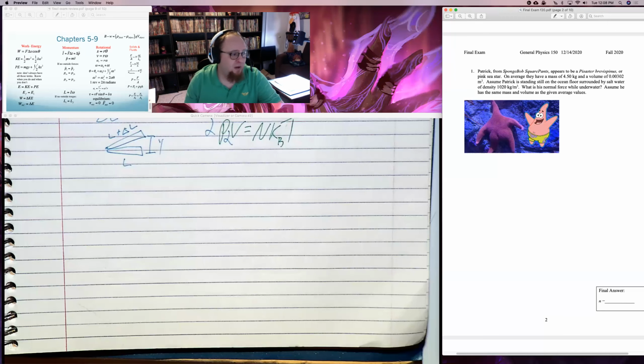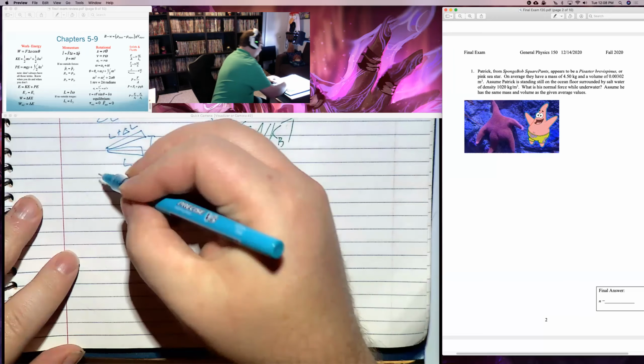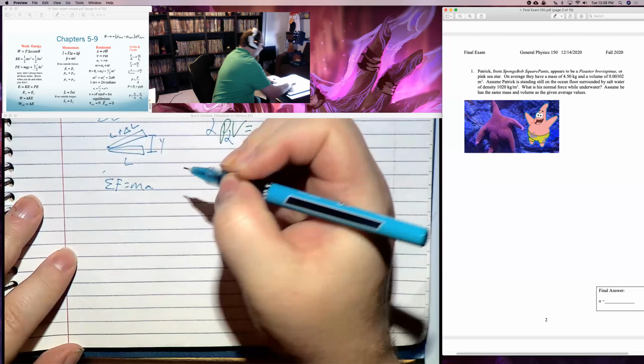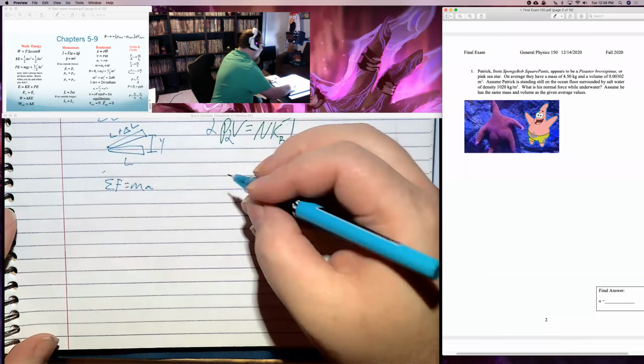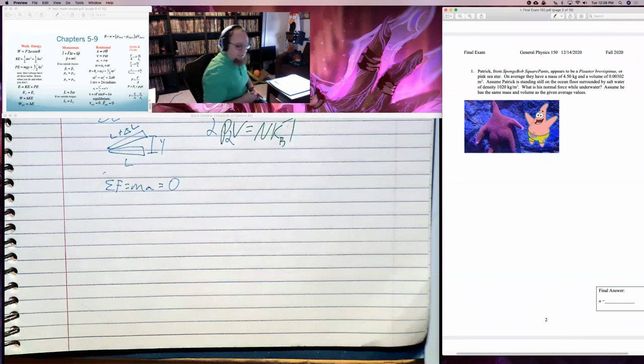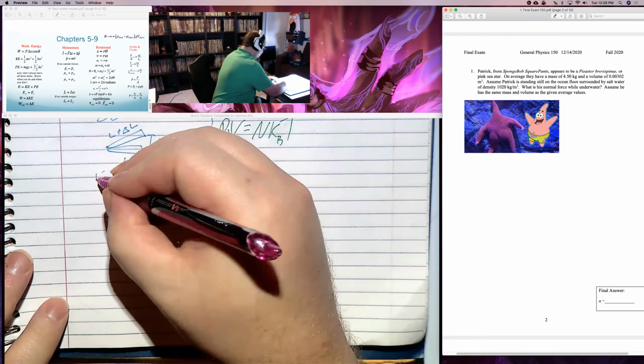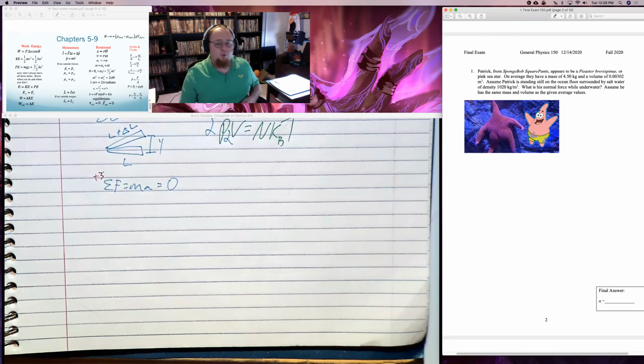Okay, if I want to find a normal force, that's a force problem. That's good old F equals ma. And if he's just standing on the ground, we're going to say he has no acceleration, that a is 0. For the record, I'll give points as I go. 3 points for F equals ma, which means I need a free body diagram. What I can do is say if he's standing on the ground, he'll have the force due to gravity, and he'll have his normal force. But he's underwater.